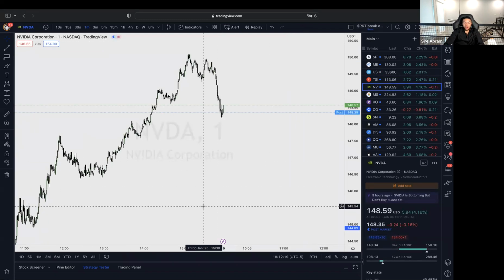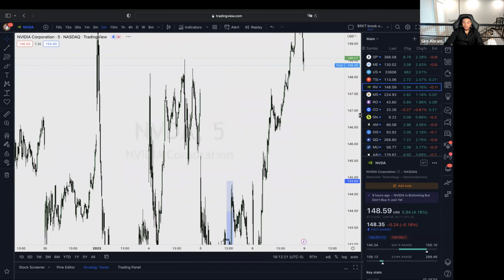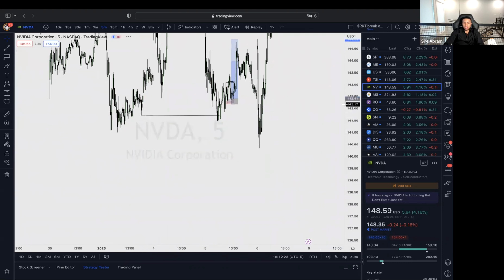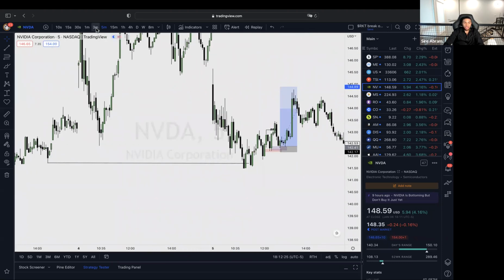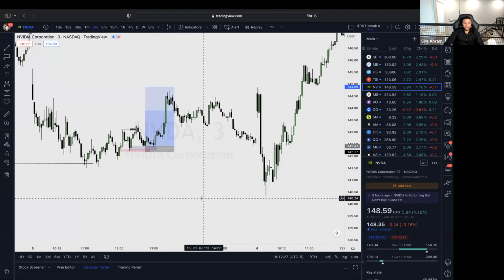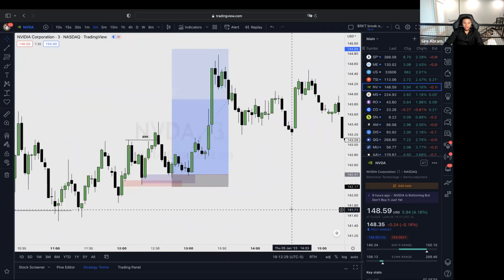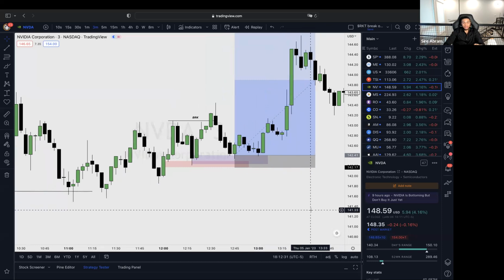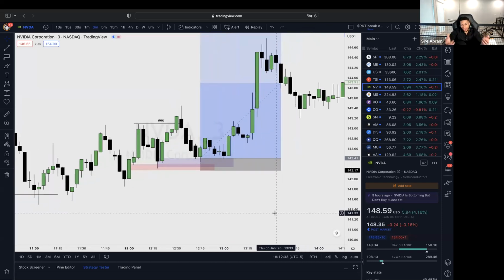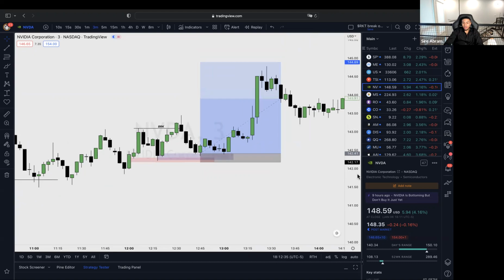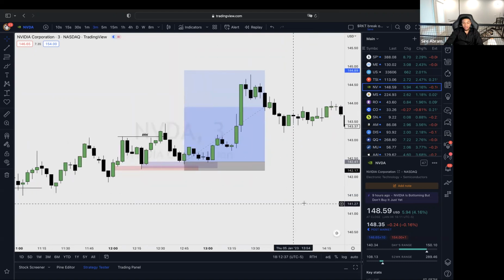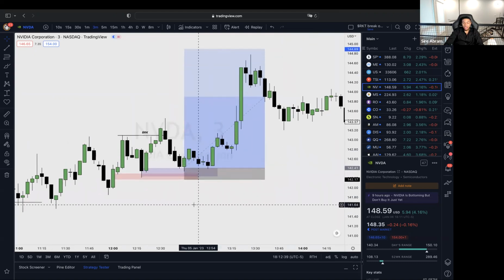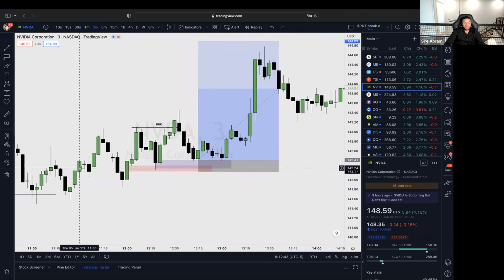Okay, and for the last trade that I'm going to cover in today's video, it is NVIDIA. And I believe I did this on a 3 minute time frame right here. Perfect. So once again, we have the exact same setup. So you guys are seeing a lot of the same stuff, which is great, because I hope that you guys are able to start seeing this for yourself so you can replicate this.